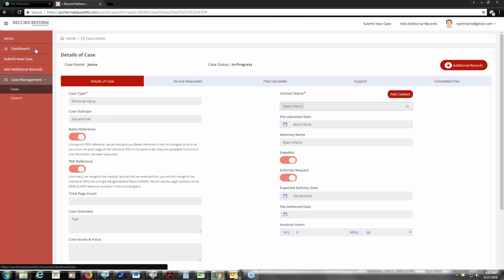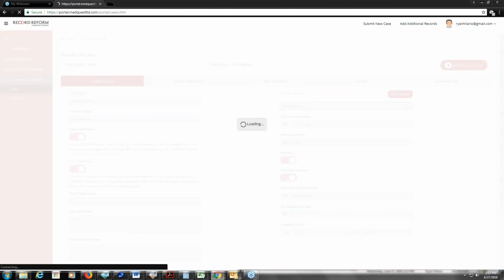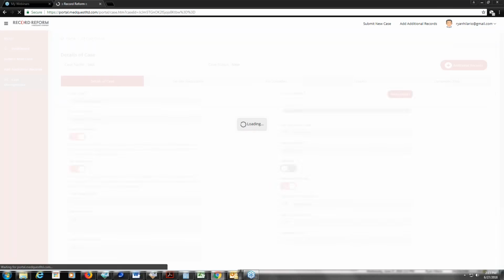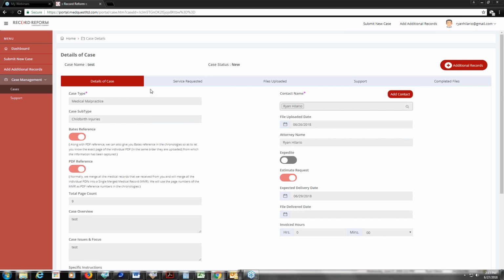So what we went through at this point is a dashboard, submitting a new case, additional records, and then under the case management tab, you have two sections, cases and support. So cases, like I said earlier in the webinar, all your cases will be listed here. When you click on any case, it's going to open up into the details of the case, and you have